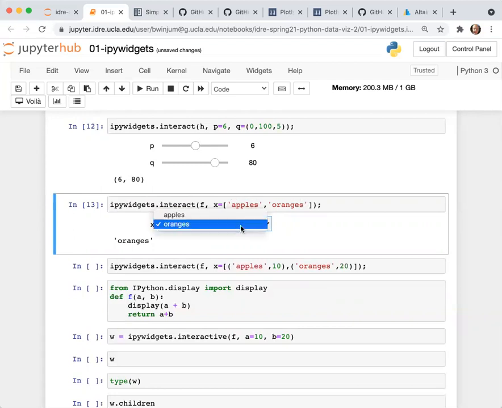So when I change values inside of this dropdown, it uses this as the input parameter for the f function. And then f just returns what it's passed in. So now it's returning the apple string.